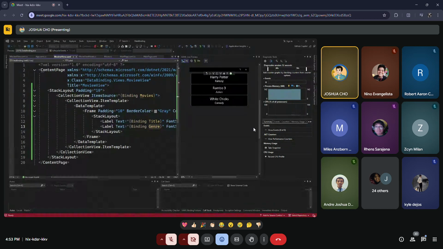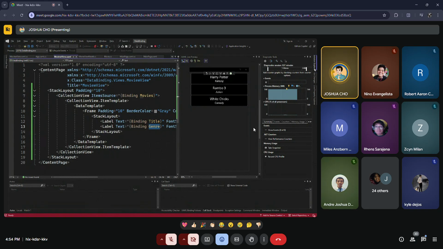So we can add more. So that's MVVM. So you have to convert the to-do list activity to MVVM.